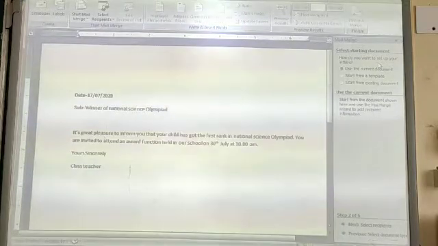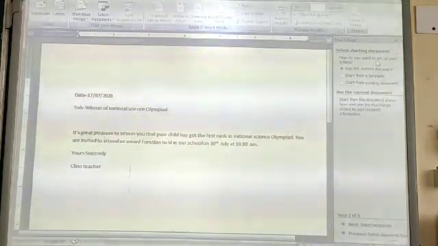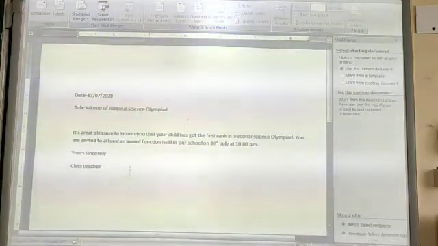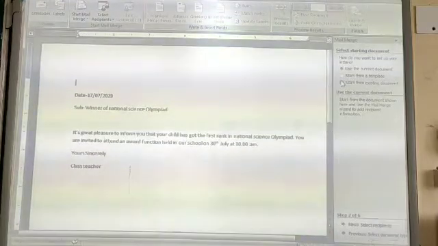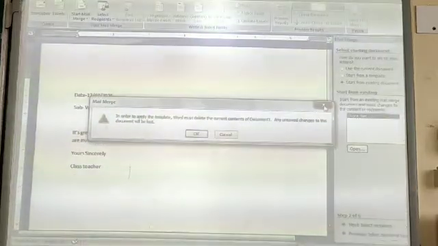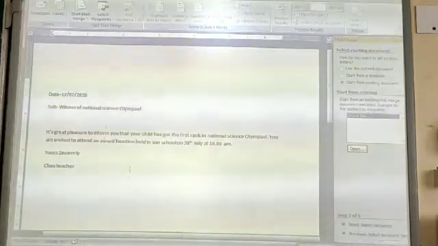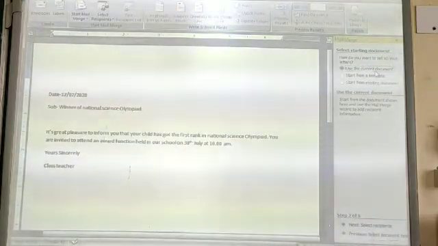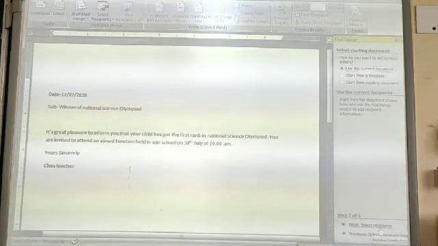Which document are you going to start with? Either you use the current document which is open, or start from an existing document. If an existing file is there, you can click here and use it. By default I am using the current document. Then move to the third step.